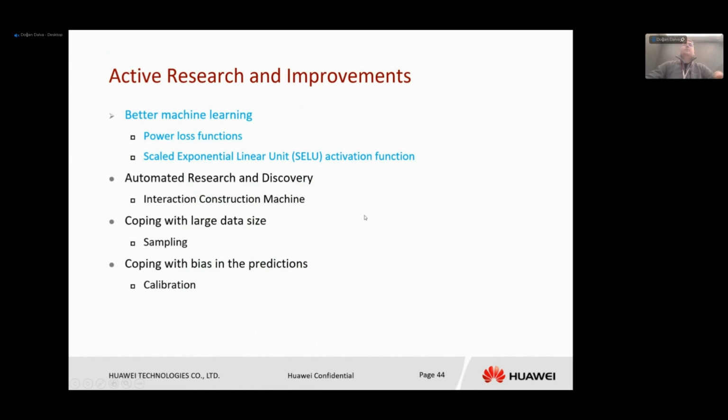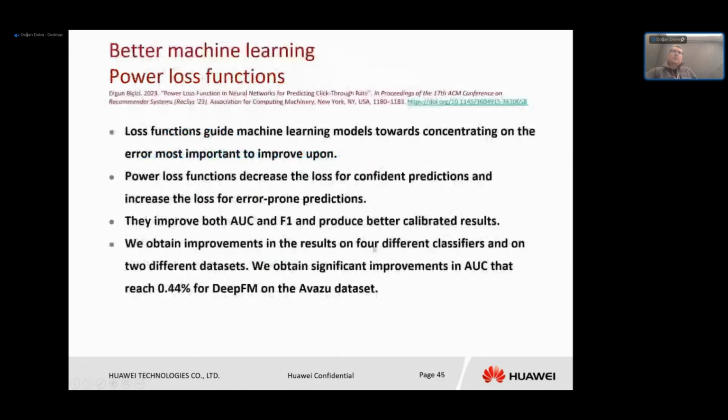So another technique we use is better machine learning. For this, we have developed power loss functions and scaled exponential linear unit activation function. Loss functions are very important in training neural networks and machine learning models. They show where the error is and where the learning model needs to improve more. They are used to obtain the gradient and used in backpropagation in neural networks and to update the